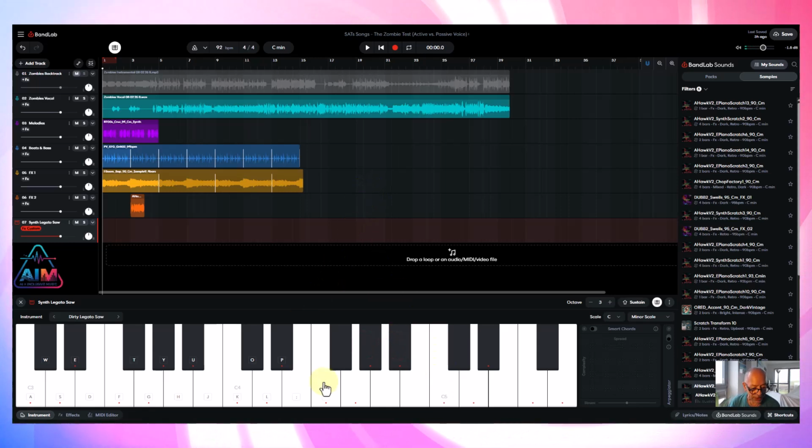We can actually play the keyboard with our mouse, or if we look at the letters here, it says TYU. If I go onto my keyboard, that's the QWERTY keyboard. It means we can use the QWERTY keyboard or we can use the mouse. So let's have a go at playing along with a tune, improvising, and see how it sounds. Let's rewind and press the record button this time, the little red circle.